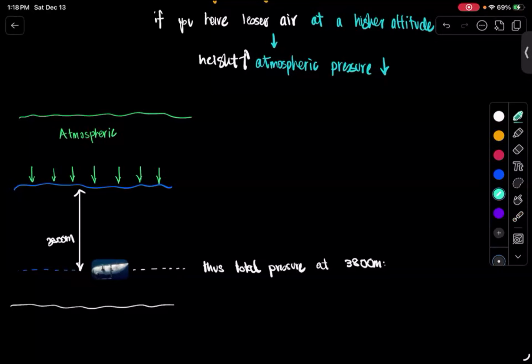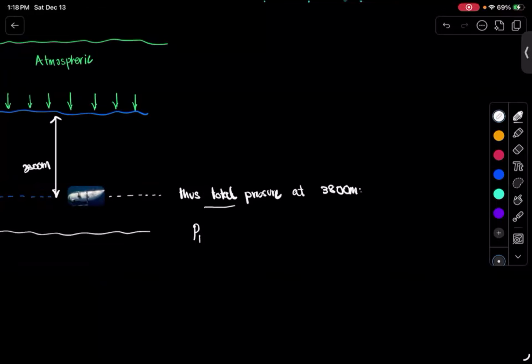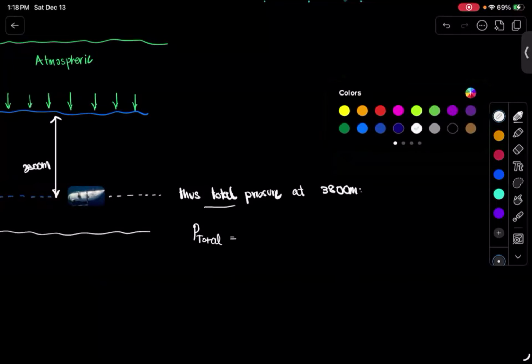You imagine, like, you're pushing the fluid down with your hand. That is going to press down the submarine as well. So if you were to calculate the total pressure at any position, if you're in the ocean, you're going to add the atmospheric pressure plus the pressure due to fluids, right? So that means you have to add 100,000 pascals